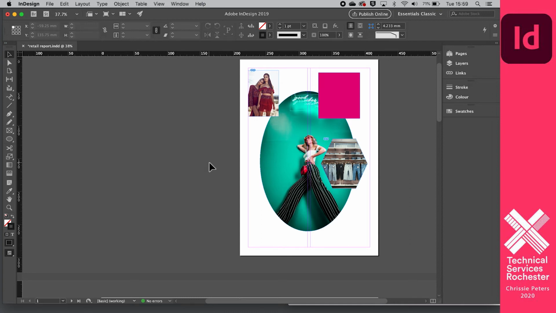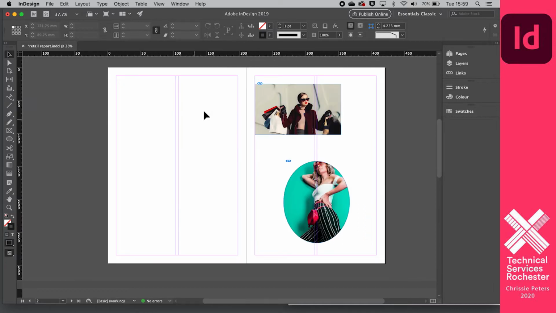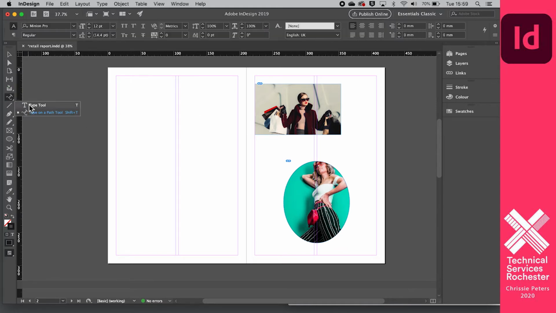In this section we're going to look at type and how we can achieve font styles and paragraph styles. Here on my double page spread I've got the left page at the moment that's divided into 2 columns, and the right page which has got a couple of images and is also divided into 2 columns. I'm going to go with the left page first and just look at the